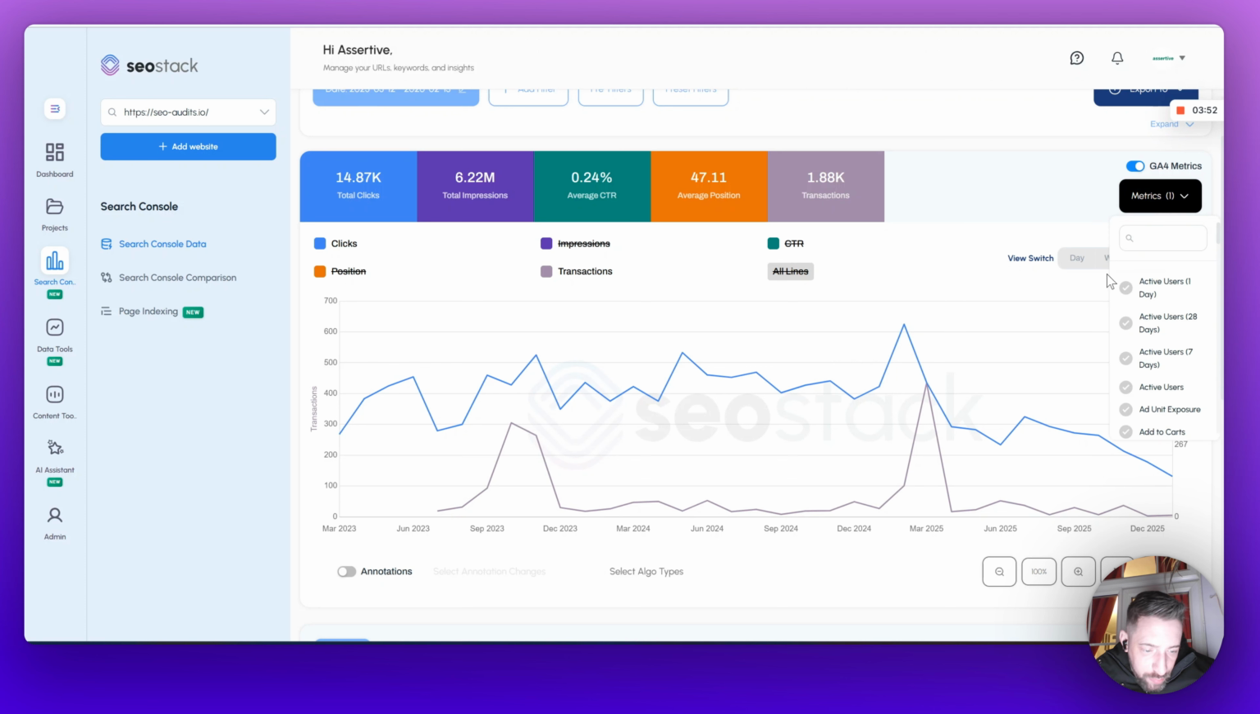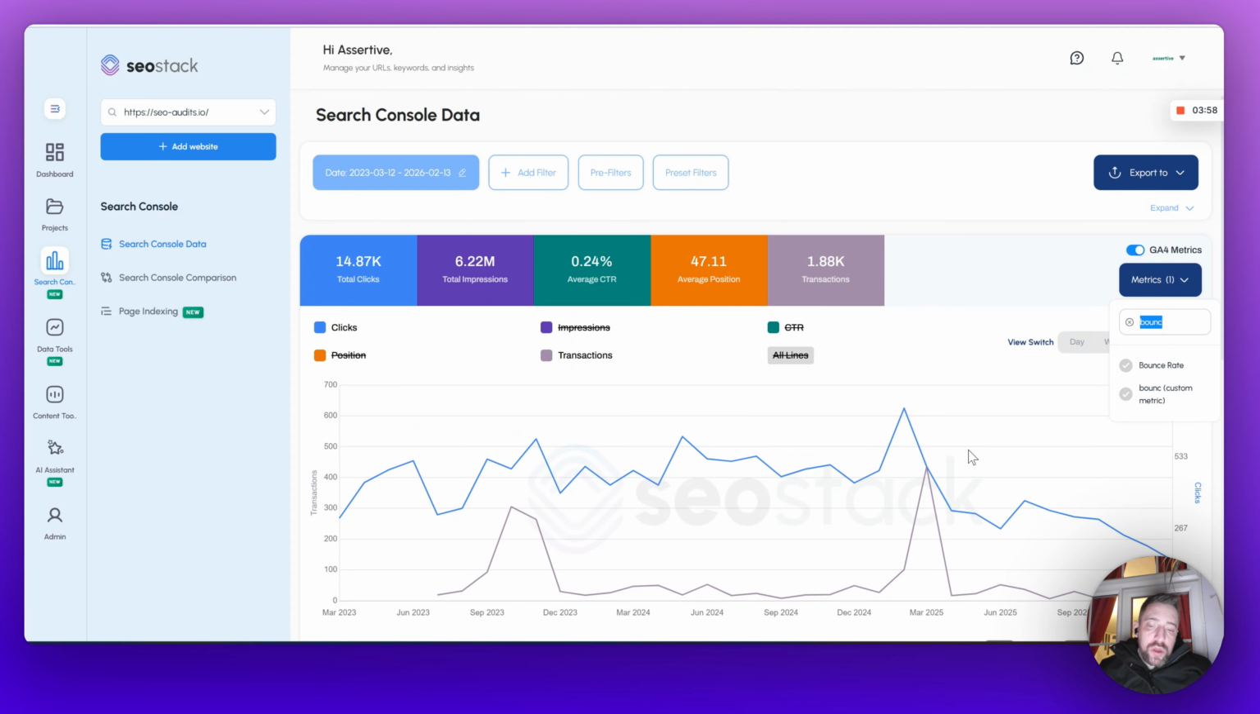And we can do anything. We can do, I don't know, bounce rate. We can do engaged sessions. We can do absolutely anything. So SEO Stack allows you to bring AI to your GSC and